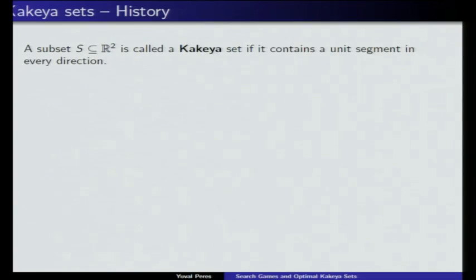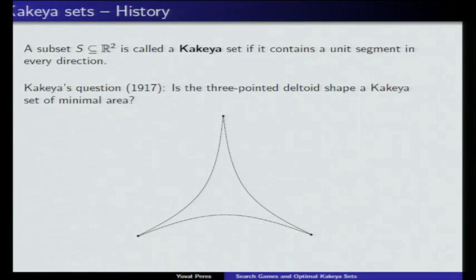So anyway, let me start with the reminder of Kakeya sets, and the game will appear later. These have been investigated a lot, especially here in the finite field setting, but I'm going to go back to the most classical setting of R2. So a set in the plane is a Kakeya set. More formally, this is a Besicovich set, but I'm going to blur this distinction. So I'll just call it a Kakeya set if it contains a unit segment in every direction.